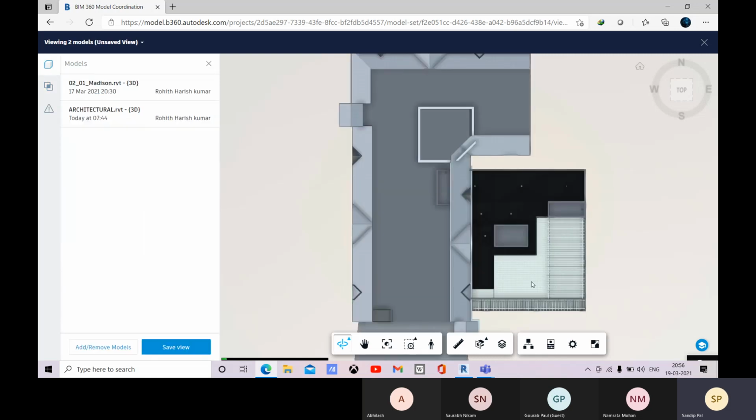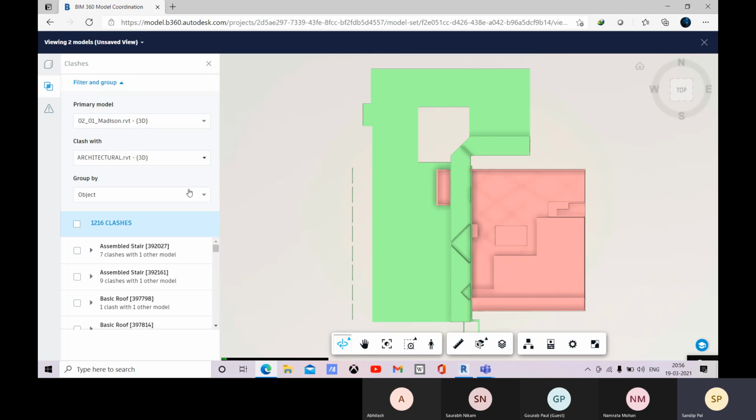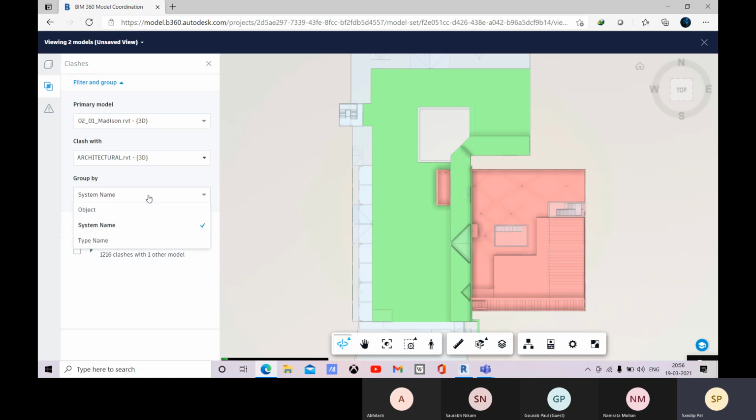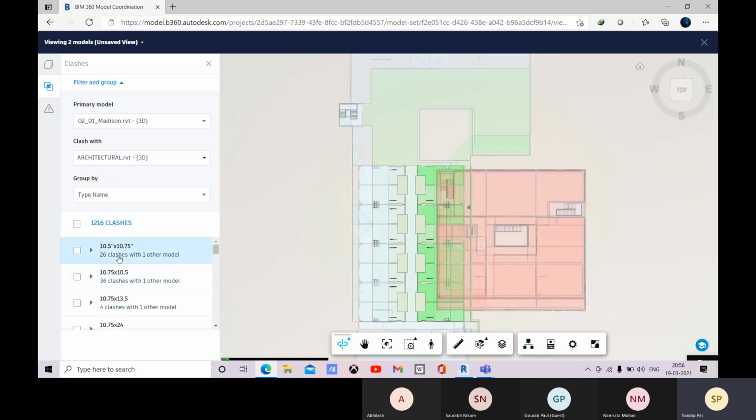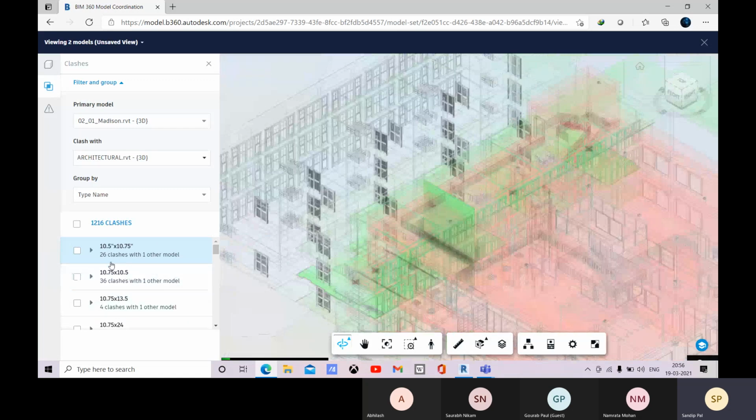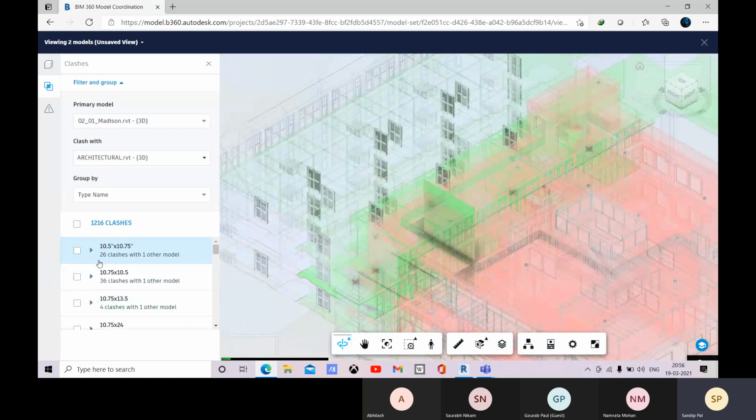Here you can check all your models only. Okay, here you can come back to clashes, and there you can group by, like, system name or type name. Okay, so there you can find out. So this is the clash between this type. Okay, so there are 26 clashes between this.